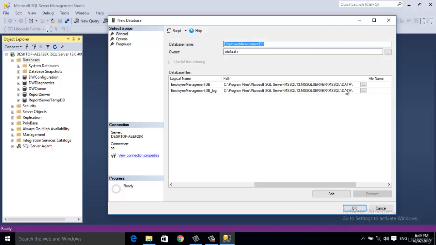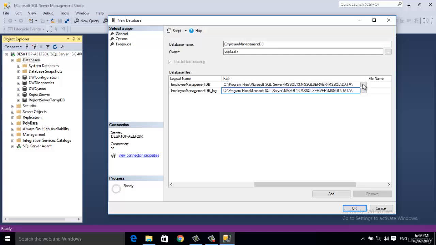Here is the path of the file. Currently Microsoft SQL Server has provided the default location where database files will be created. If you want to change it, you are free to do it.